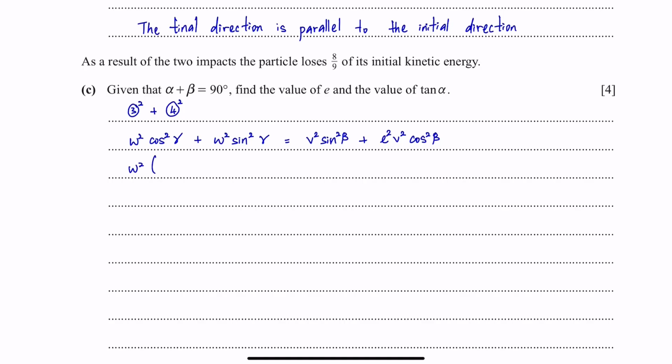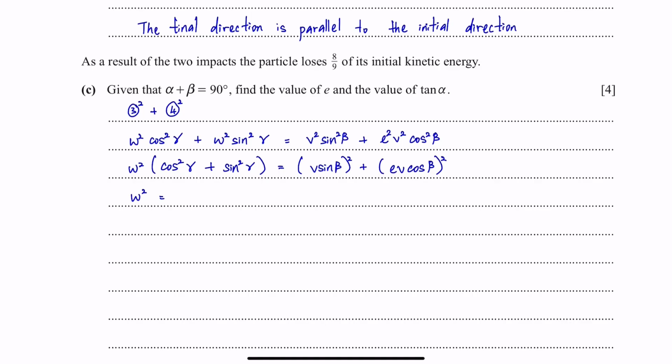We can factorize the W squared out, so we have cos squared plus sine squared equals V squared times V sine beta squared plus EV cos beta squared. So cos squared plus sine squared equals 1. So we have W squared equals to,